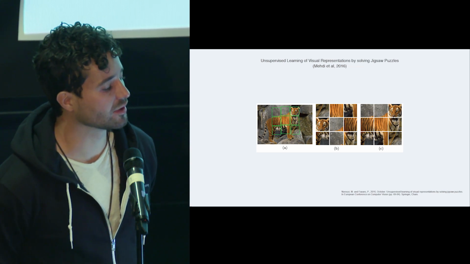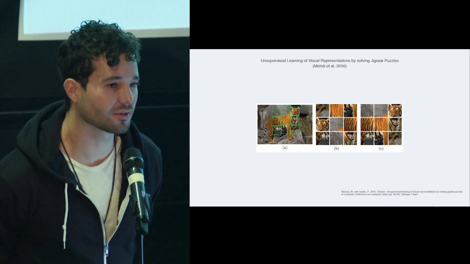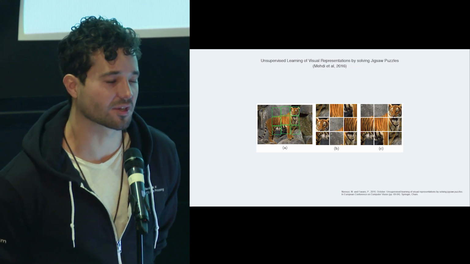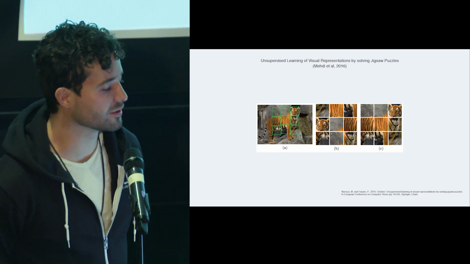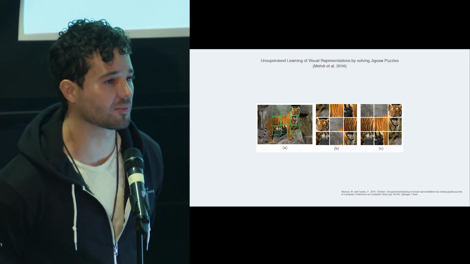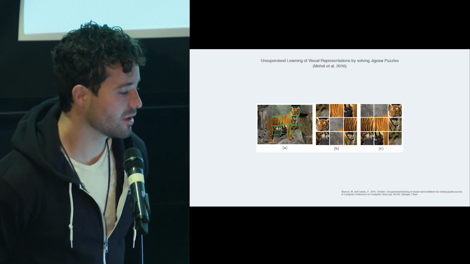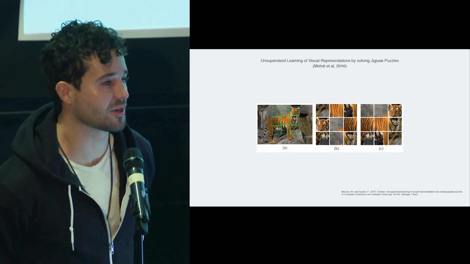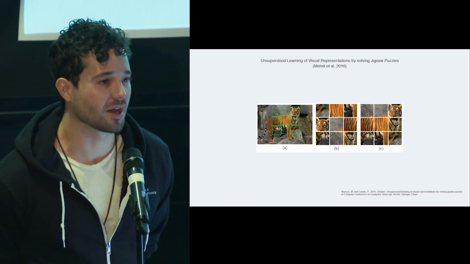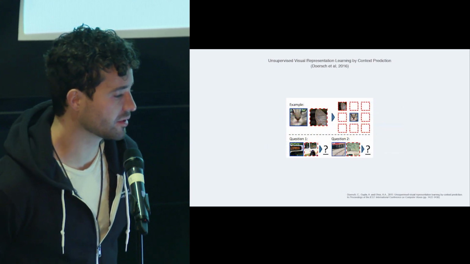But again, two things that I want you to notice is that you have to know that you're dealing with images to do any of these things, right? This won't generalize to NLP because I can't jigsaw a word, for example. So you need a lot of domain knowledge. These things rely a lot on the data augmentation stuff, not necessarily in the learning algorithm. So we want to build intelligent systems that generalize well. We don't want them to take information from that specific domain or need information from that specific domain to solve the task. The third kind of work is very related.